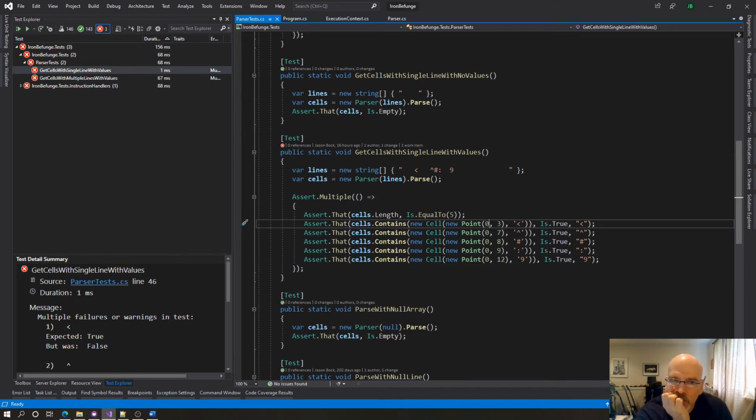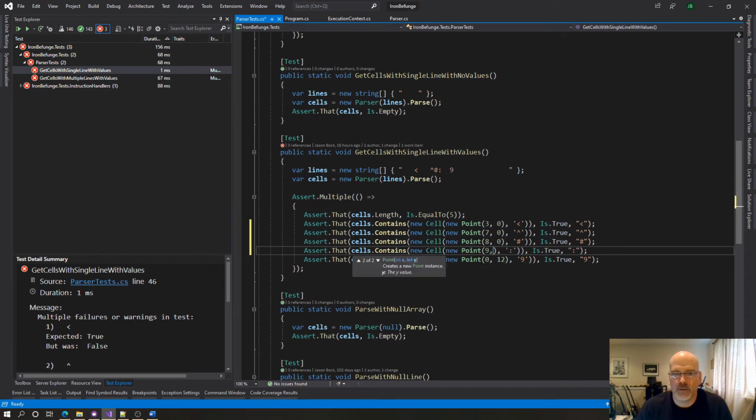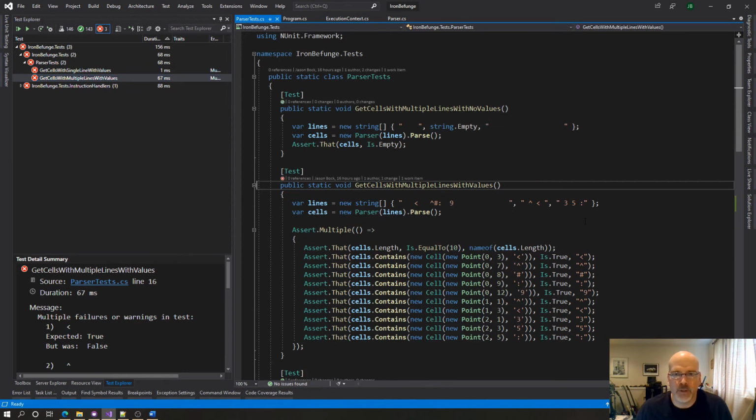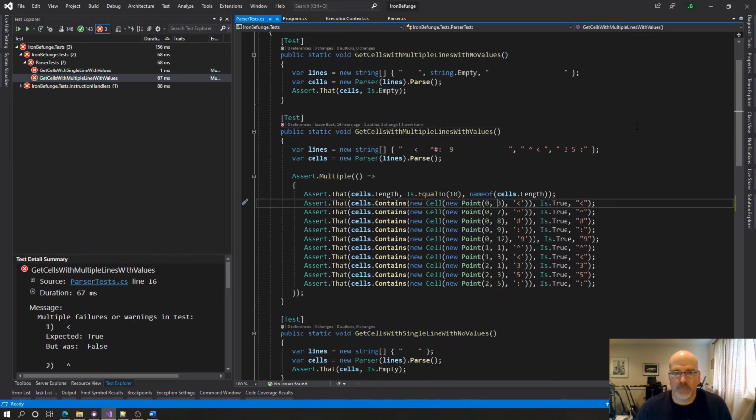Wait a minute. Right, we're increased. So these are all flipped around. Okay, so 3, 0, 7, 0, 8, 0, 9, 0, and 12, 0. Okay. But this is going to be a similar thing. Yes, with lines. So these just need to be 3, 0. I changed all my tests too to use the assert multiple because that